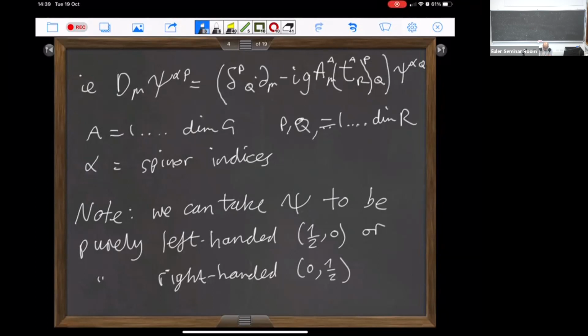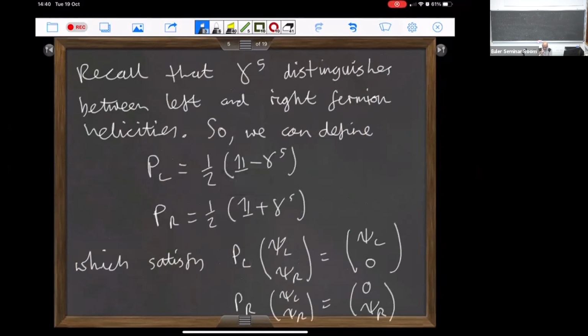We also have an additional choice that we can make, which is we can take psi to be purely left-handed or right-handed. So we can pick a representation for the left-handed part of the spinor field, and it could be a different representation for the right-handed part of the spinor field. And so we can use gamma 5 to make that distinction. In particular, we can define these projection operators P left and P right,